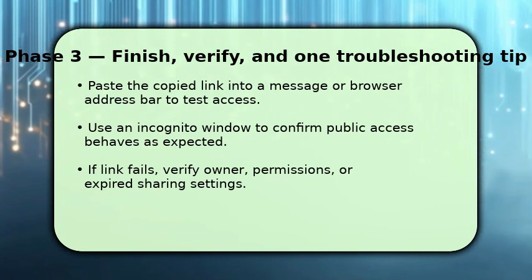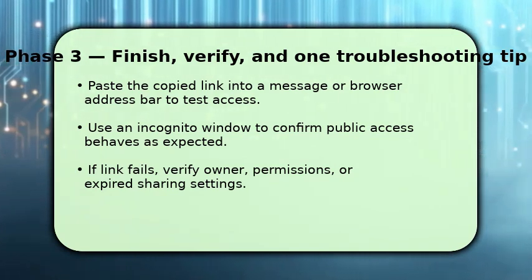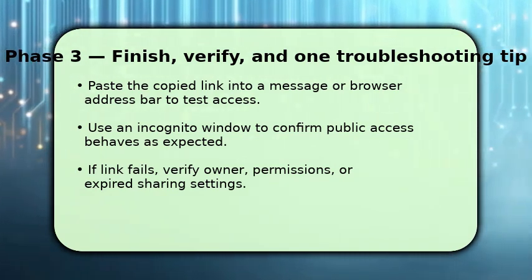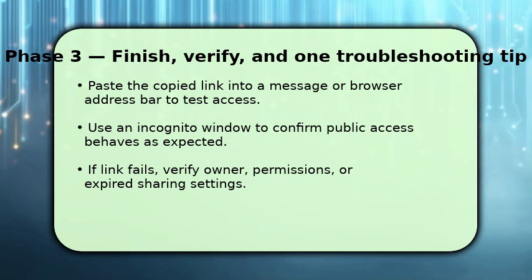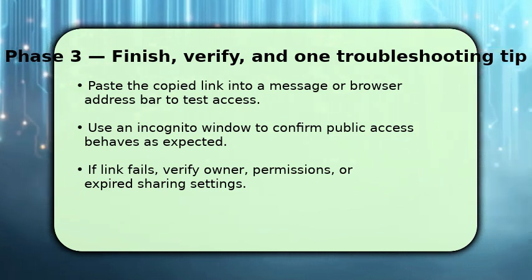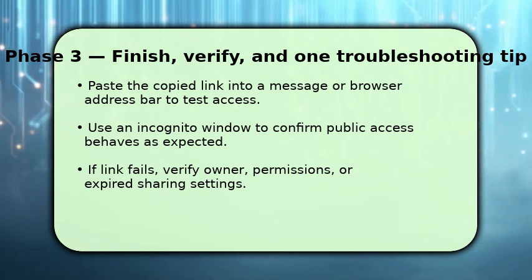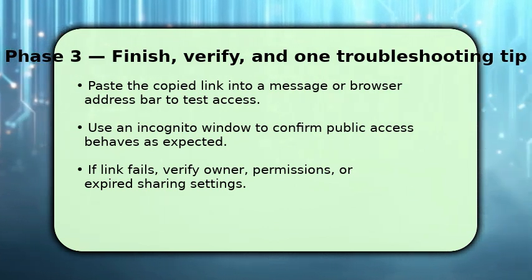Testing confirms viewers see the photo without extra prompts. Open an incognito window and load the link to simulate an external user. This catches permission mistakes. If someone reports they can't access the photo, check whether the account owning the file blocks